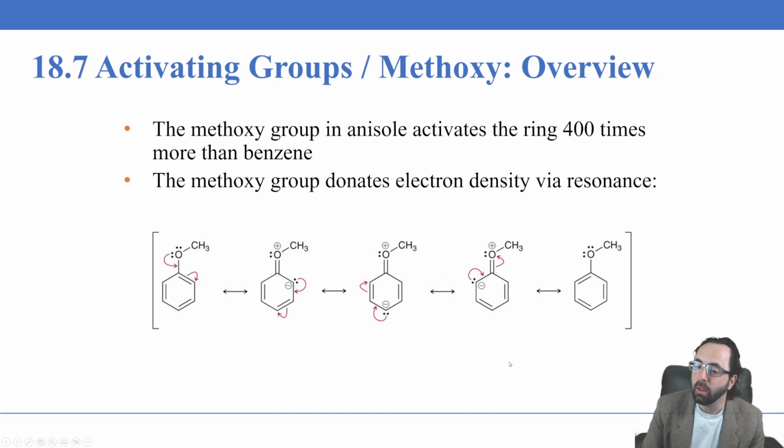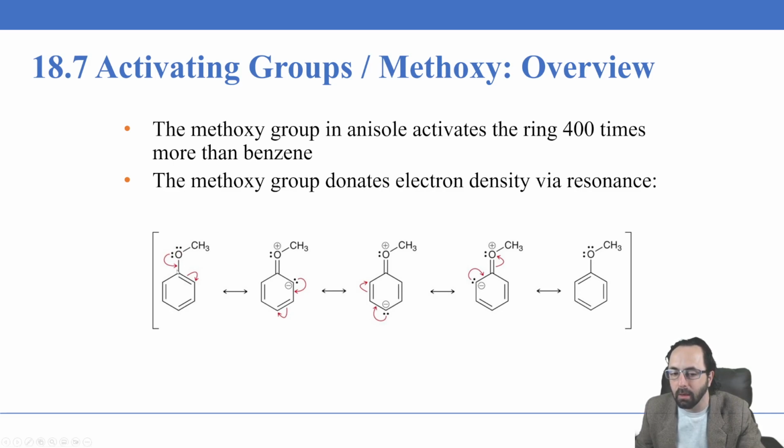So in addition to the methyl group here being electron donating to the ring, the methoxy group will also be significantly electron donating to the ring. In fact, it will be even more electron donating to the ring because unlike the methyl group, it has resonance forms that spread that electron density out across the ring very effectively. And that can be demonstrated by these resonance structures here. We have this arrow